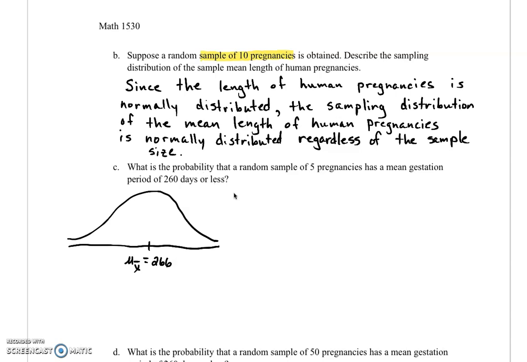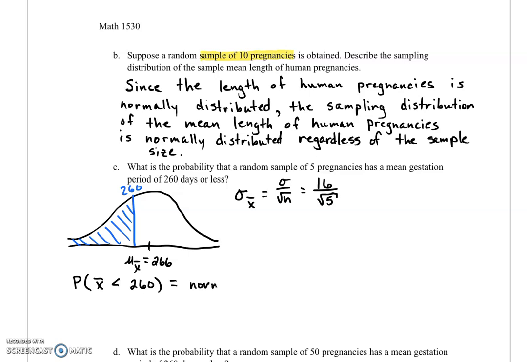And our standard error of the mean, remember, is the standard deviation for the population, divided by the square root of the sample size. And we want less than 260 days again, so 260 to the left. So the probability that the sample mean is less than 260